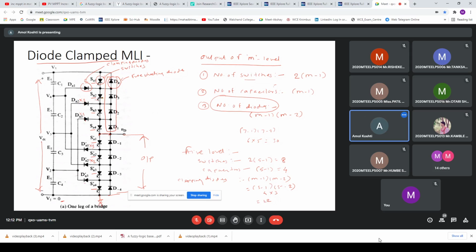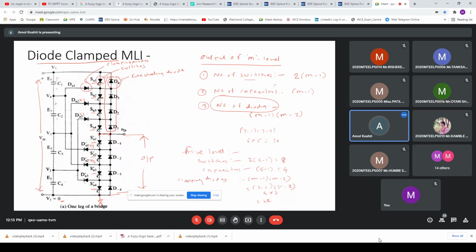Here I have a total of three, but I have represented only one. In this way we have to do this, and we have to connect the capacitors in series. As our input is DC, the capacitors we are using are also DC, which means they are unidirectionally polarized capacitors. So there will be positive and negative terminals for each of the capacitors we have connected in series.